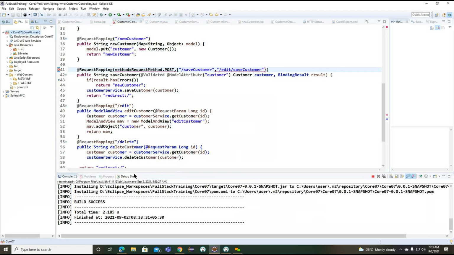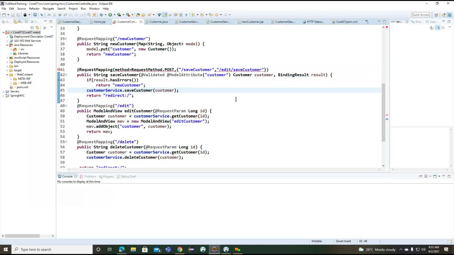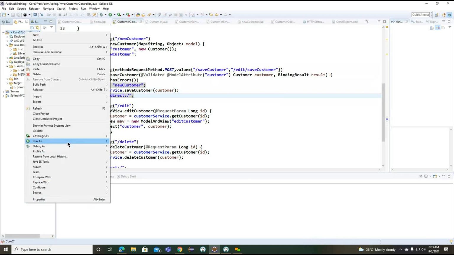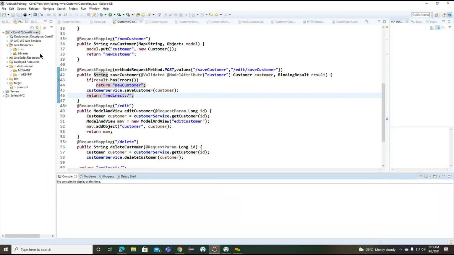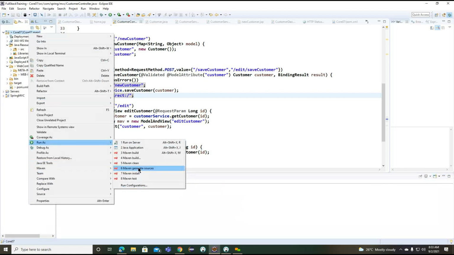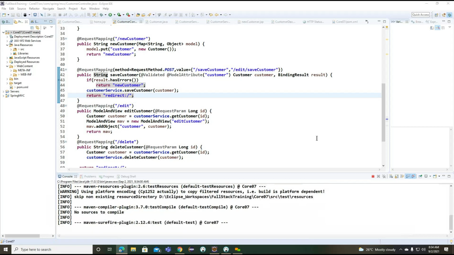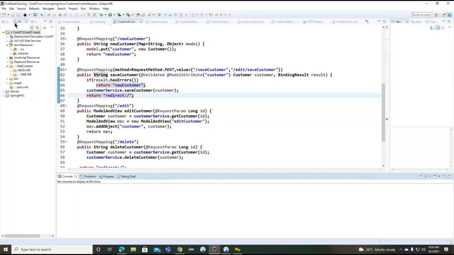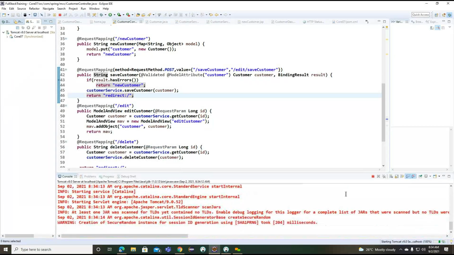What happened here? Whenever I convert it into the 1.7, we are getting multiple exceptions. So again, we are back to the same version 1.10 here.